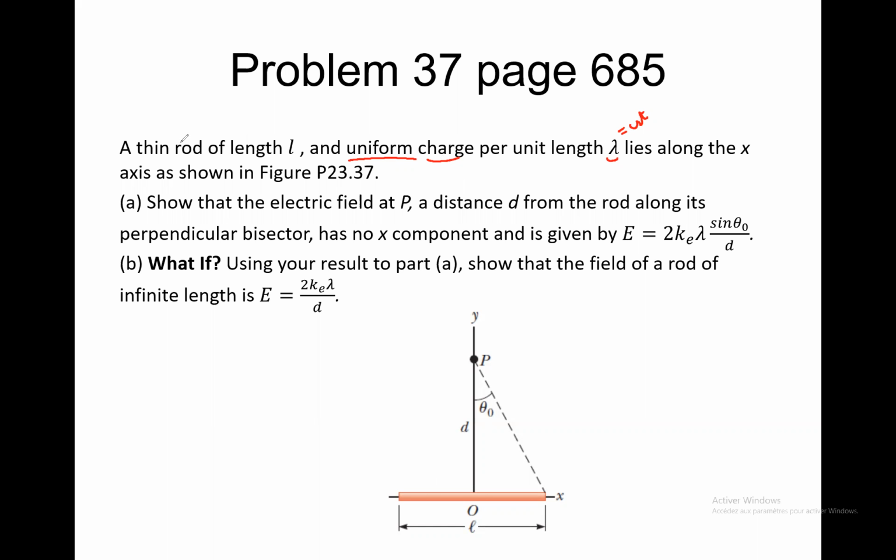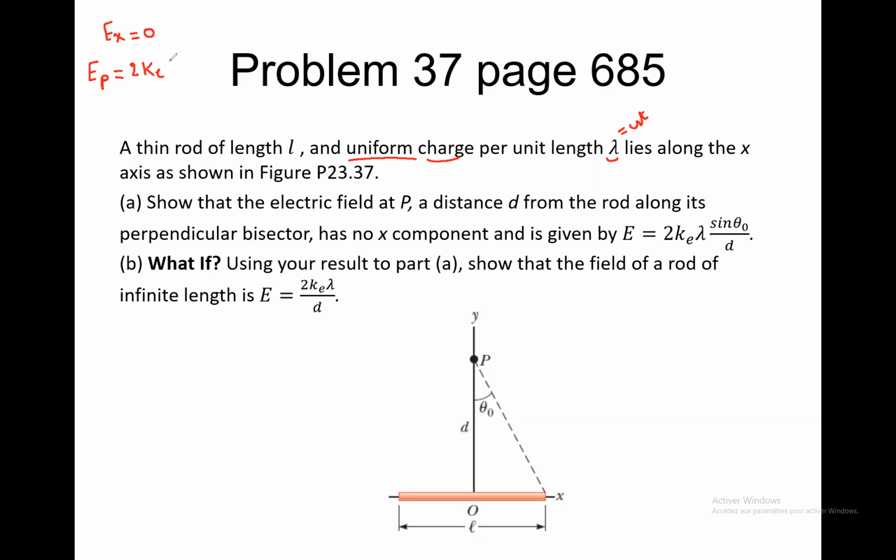The question is, show that the electric field created at the point P, which is located at a distance D, as you see, on the vertical D passing through the point O at the midpoint of the rod, has no x component. So we have to show that Ex equals 0, and E at the point P is given by